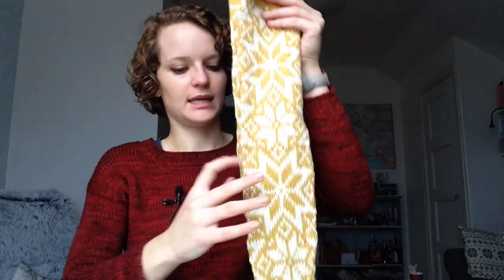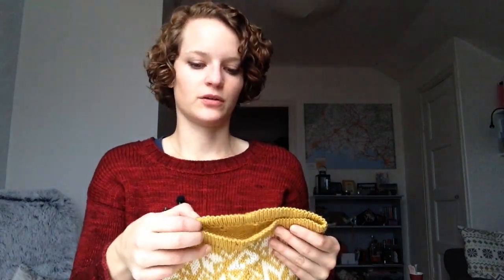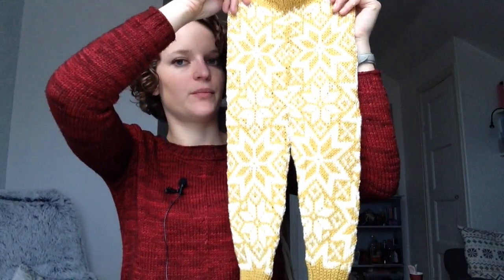Some things that I really like about this pattern is that it's a really cute idea to make leggings, and I think that in the end they turned out really good. I was contacted by the designer after the last podcast, and she gave me a couple of suggestions for how I could perhaps understand the pattern a little bit better. And she acknowledged that it was rather difficult to